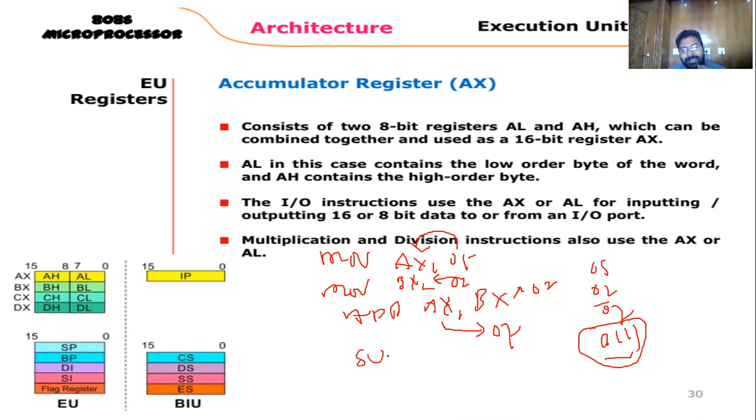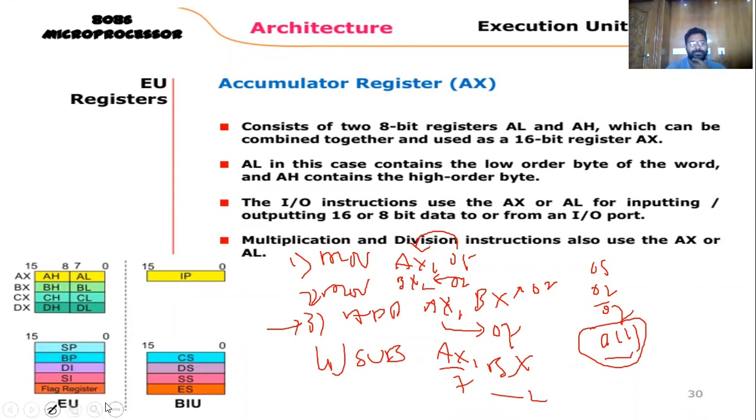After this, I will execute subtract AX comma BX, for suppose. What is the answer of this one? AX has the data 7, not 5, because the microprocessor executes instructions one by one. So you can see the third instruction. What is the result of this third instruction? 7. So the AX register has the data 7. Okay, so this is 7. Then I subtract the 2. Like that only.